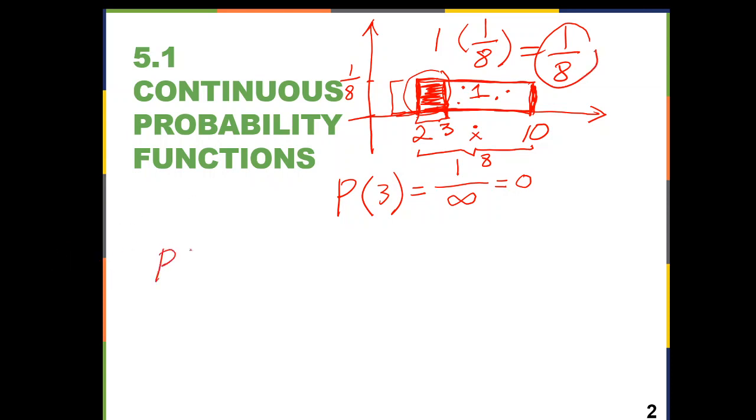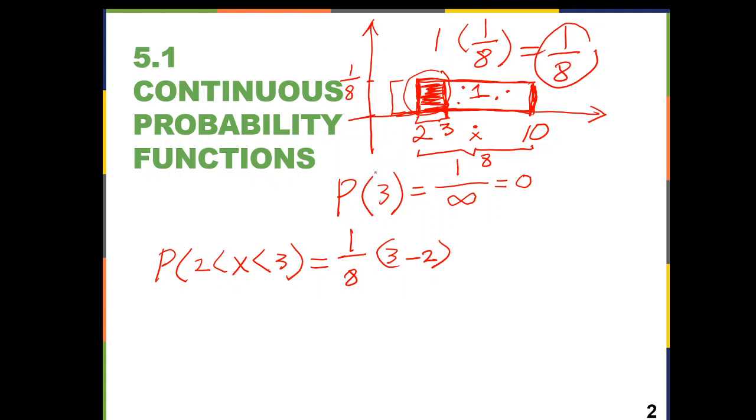We say the probability that x is greater than 2 and less than 3 is equal to the distance from 3 to 2 times the height that we had right there. That's the height right there, right? All right, so this idea